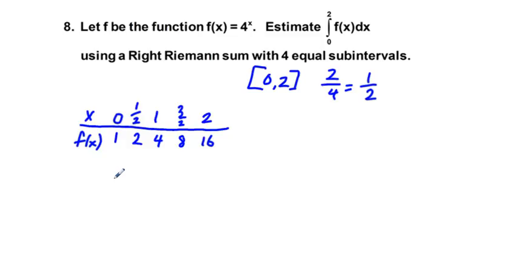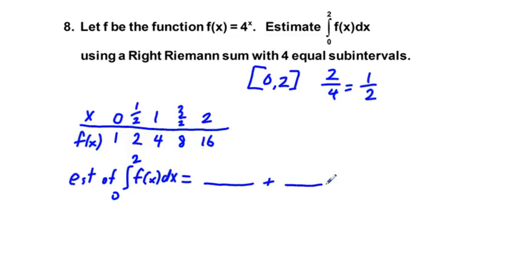And so for the right Riemann sum, we will say the estimate of the integral from 0 to 2 of f of x dx is equal to, we have 4 equal subintervals, right? So I'll just put 4 blank spaces separated by 3 plus signs. And we know that our rectangle width is going to be 1/2 for each of these, so I'm just going to put 1/2 out front here, 1/2,